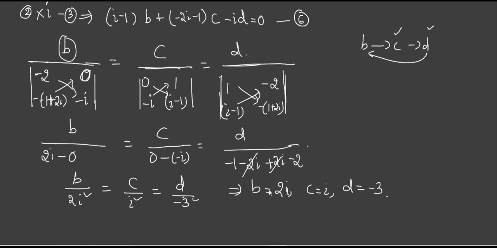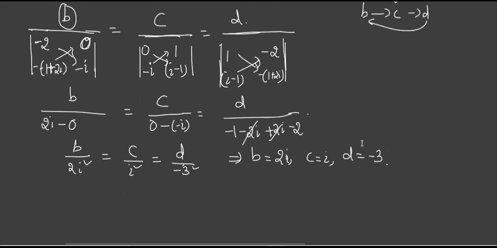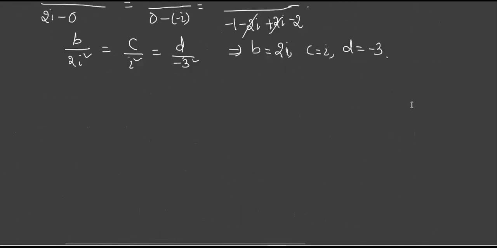Okay. Now, can we write our bilinear transformation? Is anything still unknown? See, our bilinear has 4 unknowns. Only A is still to be found. How can we find it? You have 3 equations. Make use of any equation and just find A because the other 3 are known. Let us substitute these in equation 1. Sorry, equation 2, not 1.